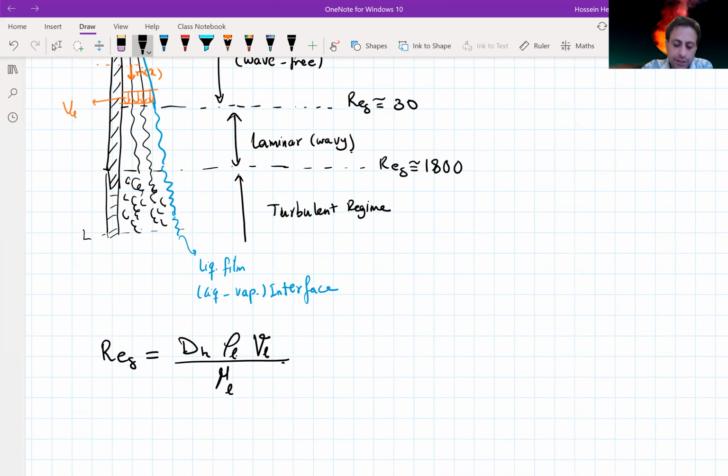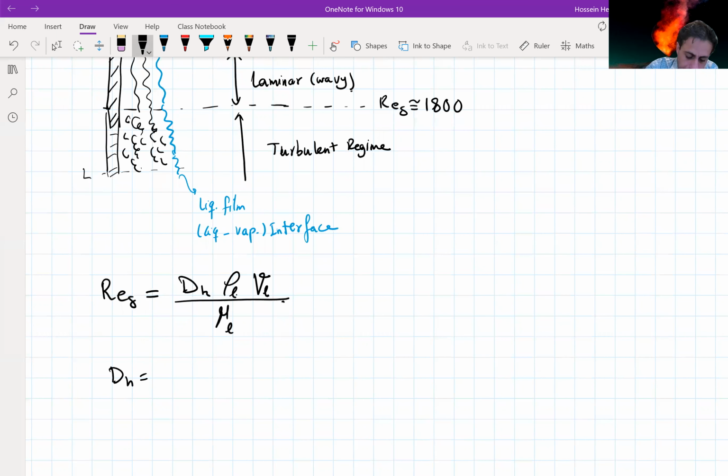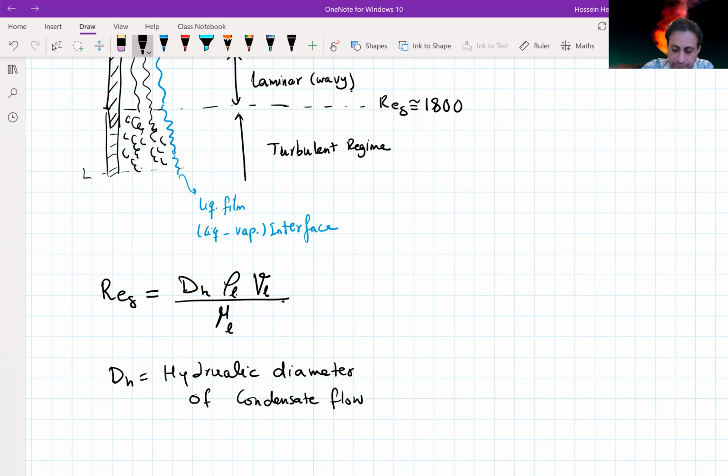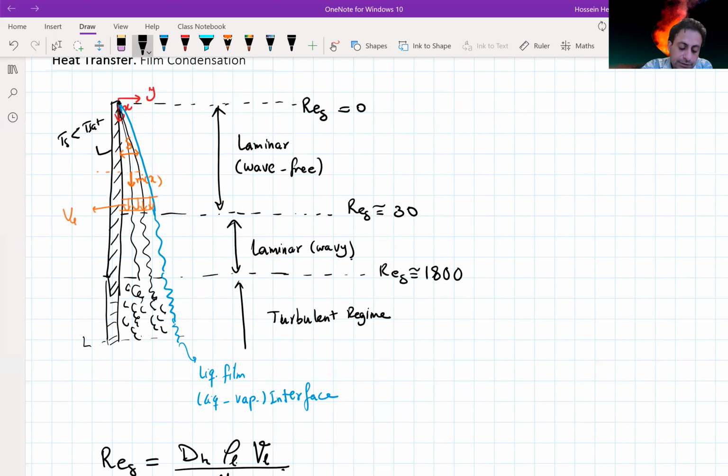Now this hydraulic diameter, dH, is the hydraulic diameter of the condensate flow, and we define it as 4 times the cross-sectional area divided by the perimeter. This cross-sectional area is the area that is available to the